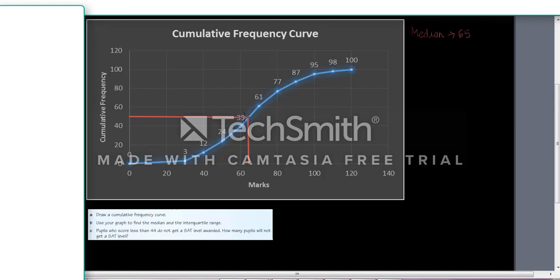Alright, so Q1, as we know, is the lower quartile. So Q1 is going to be the first quarter, or 25% of the entire value. In this case, we are dealing with 100. So it's simpler. All I have to do is, again, get onto the y-axis and locate 25. If this is 20, that's 40. Somewhere here is going to be 30. So which means here would be a 25.